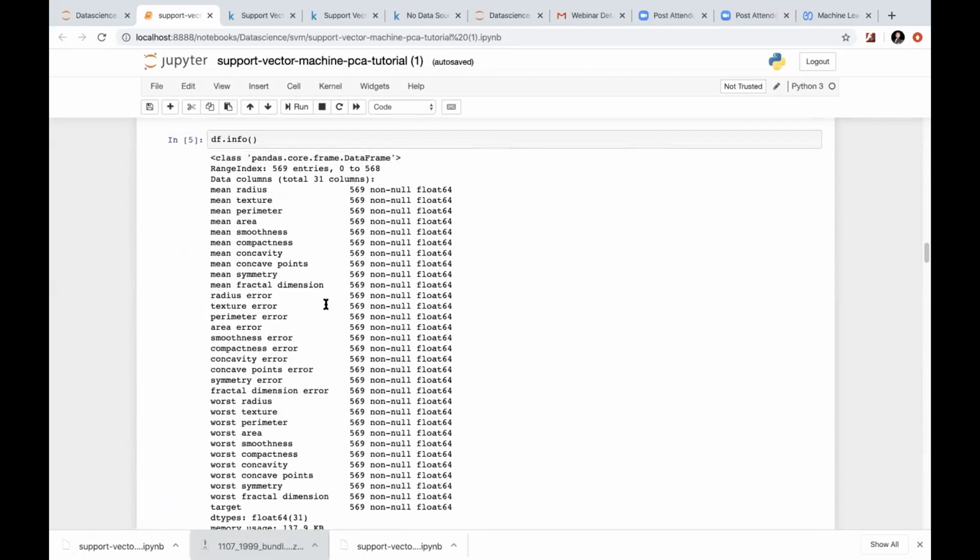So these are all the features here: mean radius, mean texture, that has already been extracted from the image. So texture, radius, perimeter, area, smoothness. If you have some knowledge in the healthcare part, you will understand that this texture talks about the texture of the cell. So these are all the points that are collected from the cell. So this is the cell radius, the cell texture, perimeter, and all these points.